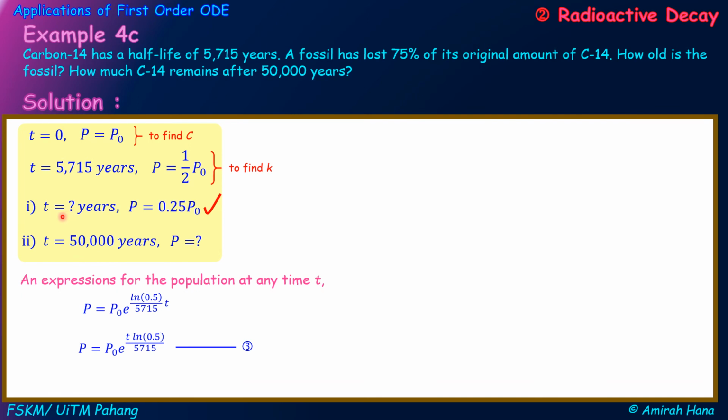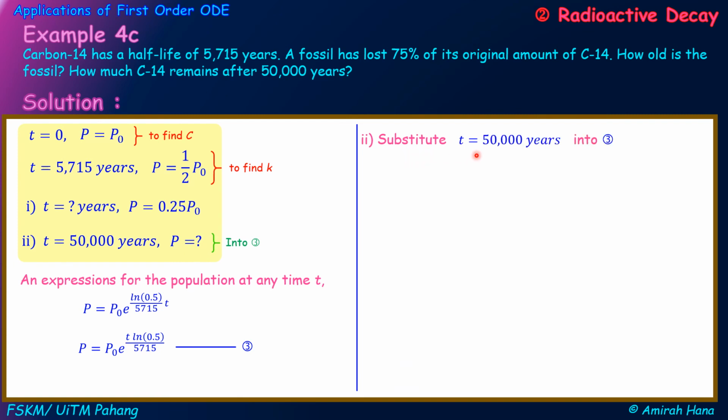Alright, from the previous slide, we have solved number Roman 1. So now we continue with number Roman 2. We substitute this information into equation 3. Number 2, substitute t equals 50,000 years into equation 3. From equation 3, we have P equals P naught e to the power of t ln 0.5 over 5715. Now we replace t by